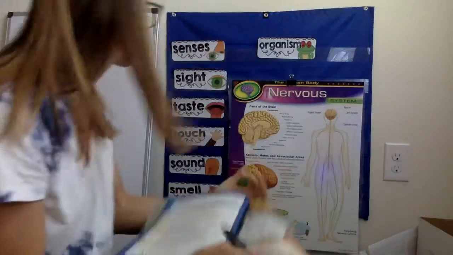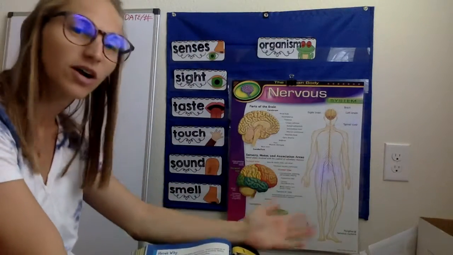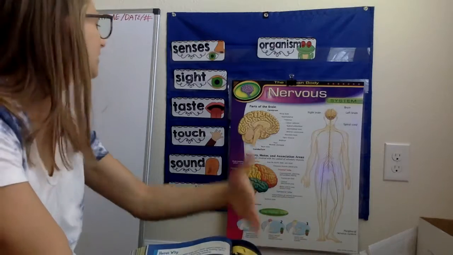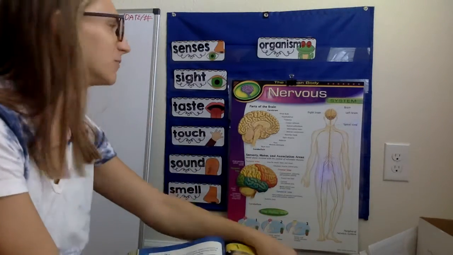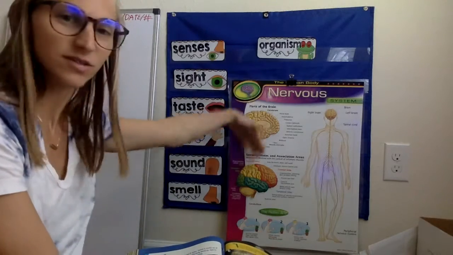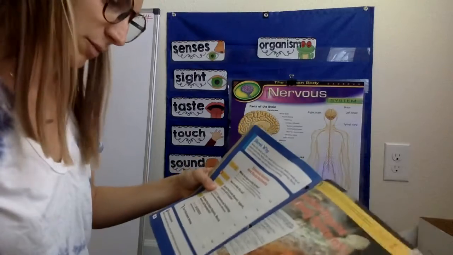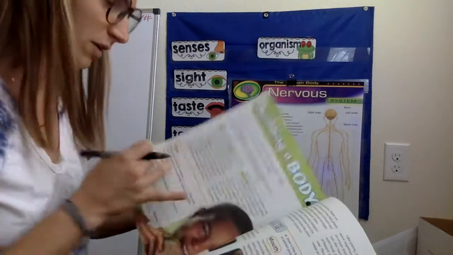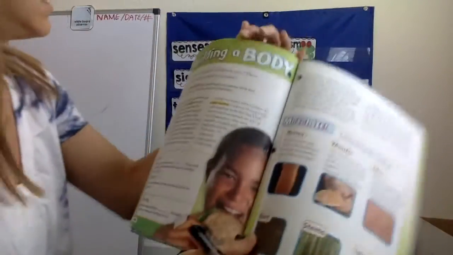As you can see on the backboard, in this lesson we're going to talk a little bit about our senses. You might think, Ms. Kujawa, we already know that, and you've already talked about it. We're going to talk about it a little bit more because we're going to get a little more in depth with it. And this is also something you get a little sneak peek of. All right, we'll get there in a minute, so please flip it, don't skip it. Going on to the next page, called Building a Body.